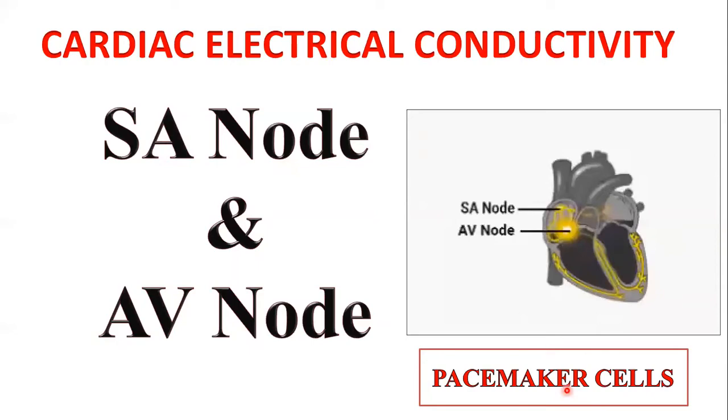The pacemaker cells, from which the impulse is generated, will precede the action potential, and through the action potential, through depolarization, the contraction of the heart muscles takes place. Then by the contraction, it will pump the blood to different parts of the body. So this is how the electrical conductivity is performed by the heart. More specifically, the impulses are generated by the pacemaker cells. So pacemaker cells are the SA node and the AV node.